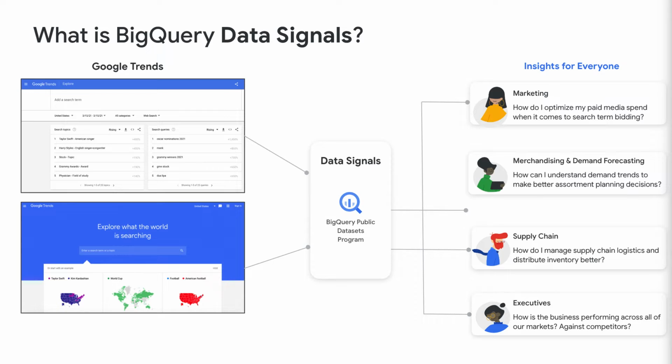This BigQuery dataset, known as data signals, allows users to measure interest in a particular topic or search term across Google Search, from around the United States down to the city level. Whether you're a marketeer, an executive, or an ops manager, you can easily ask what people are searching for to inform your analysis. Say you're a merchandiser in retailing and want to ensure your end cap displays are relevant to your local audience. You can take signals from what people are looking for in your market area to inform what